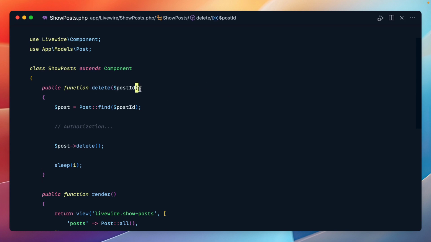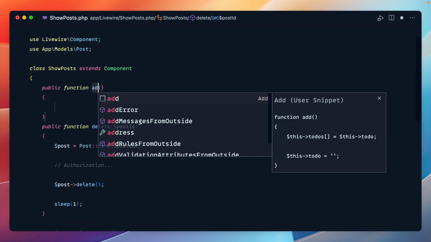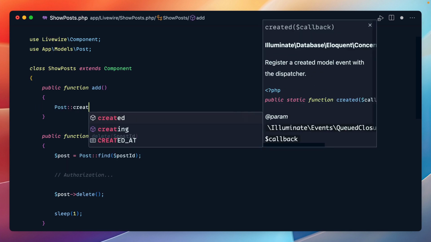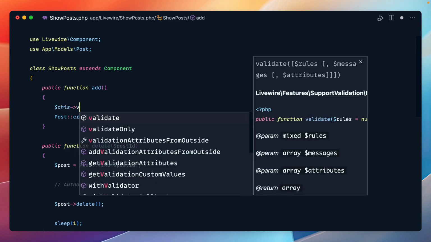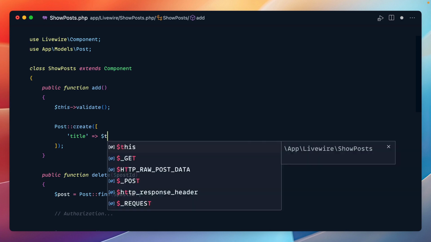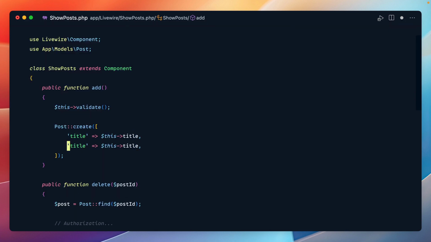But right now we have this delete function. Let's make a new function called add. And then here is where you would think to do something like this. Post create, like this, validate, post create, and then inside here, title, and then this title, and then content, this